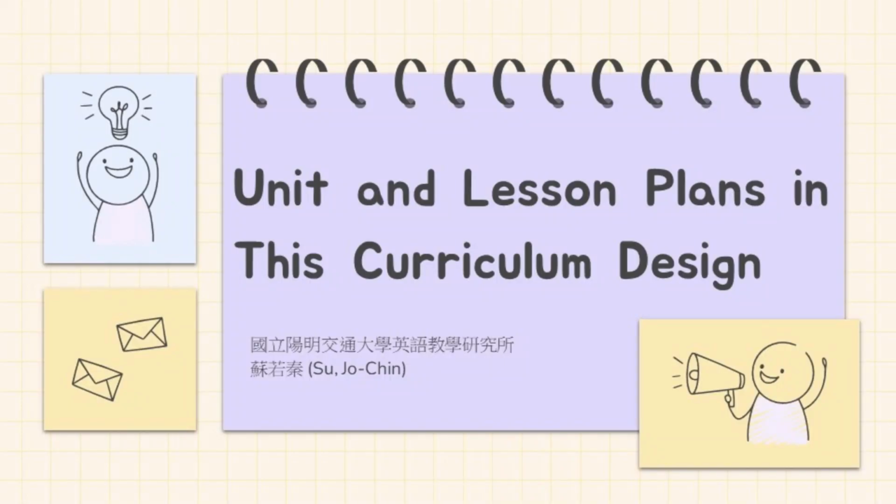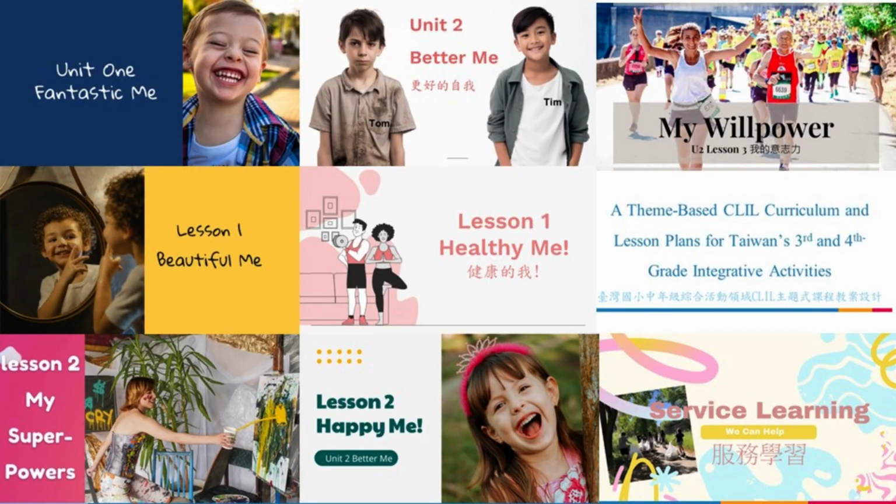In the previous videos, I provided an overview of the 2 units included in this curriculum, which consist of 6 engaging lessons. With the exception of the last lesson, which is an end-of-term event, all unit and lesson titles incorporate the themes of self-awareness using the word my or me. These titles such as Fantastic Me, Better Me, Beautiful Me, My Superpower, and My Willpower emphasize the importance of self-reflection